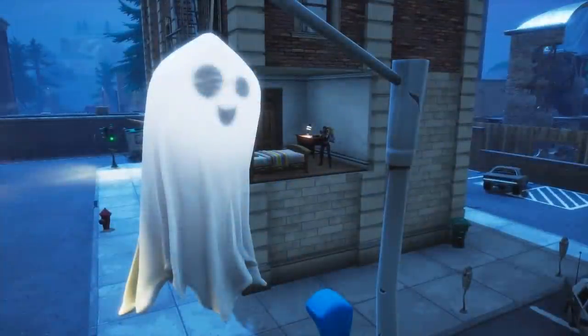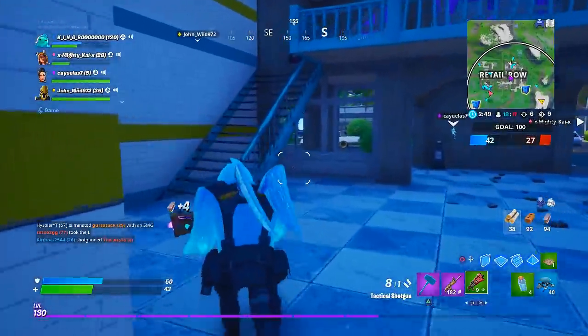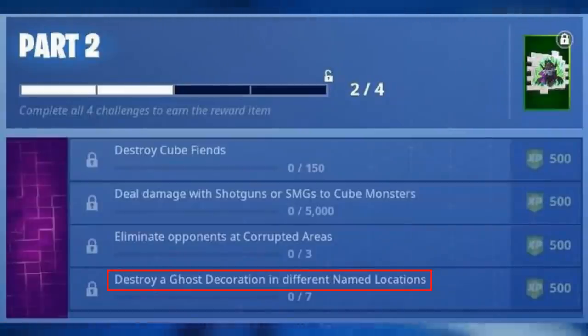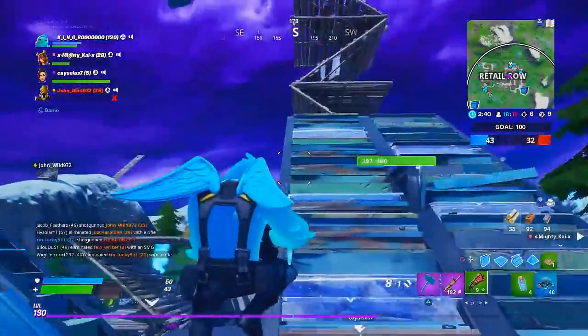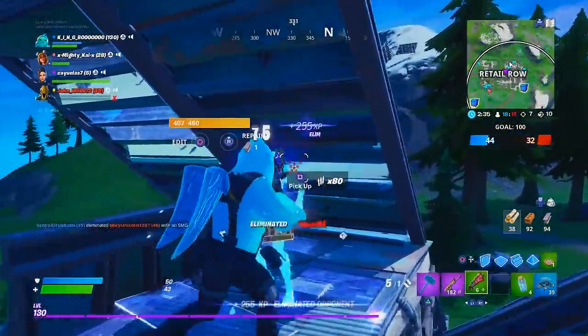For instance, this happened last year with these ghost looking things that either hung off lampposts or sides of houses or anywhere in particular named locations, and you would need to destroy a certain amount of them. Without a doubt, this will definitely be happening this year too, so make sure you guys are obviously keeping your eyes peeled for these particular decorations, or at least looking at the challenge set that will be leaked that I'll have on the channel tomorrow as soon as it is,